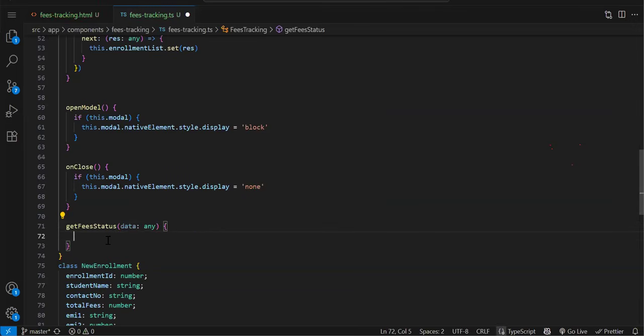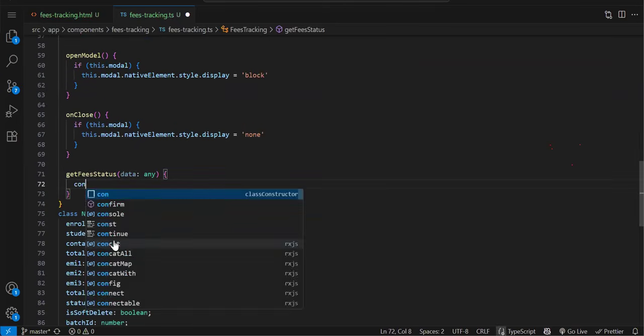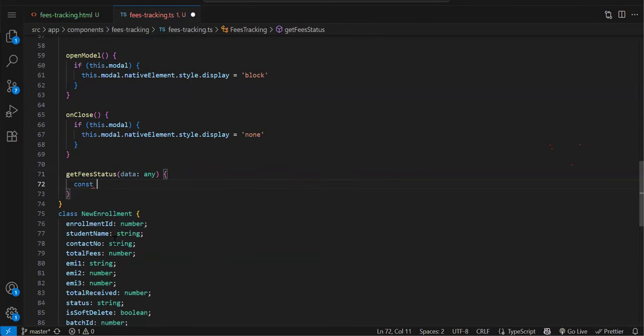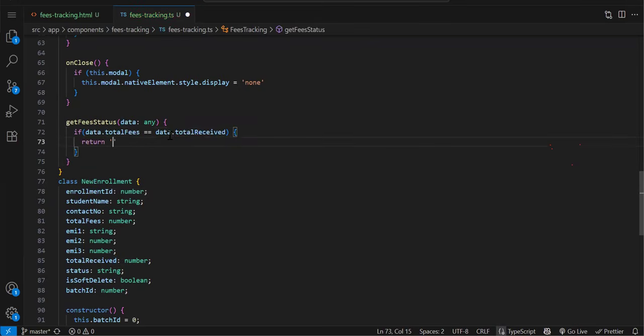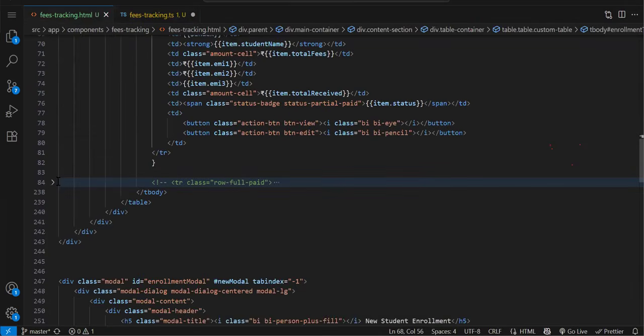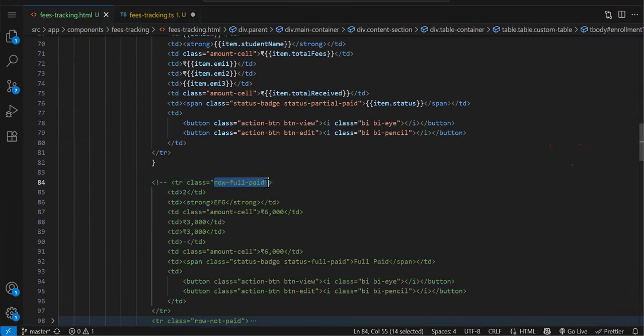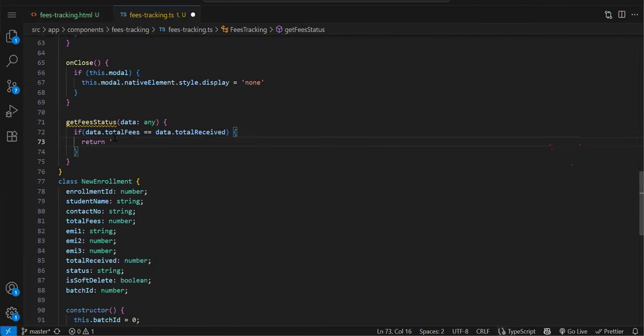Now in my object, I have total fees and received fees, right? So here a constant, we need to check if data dot total fees is equal to data dot total received. So it means whatever fees there were, we received everything, right? So we will return the class, which will be row full paid. This is the class we will return if the total fees and the received amount are the same. Second, else